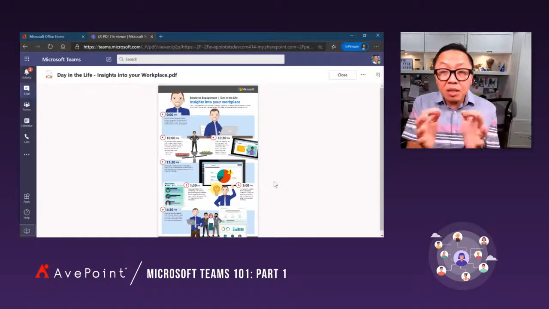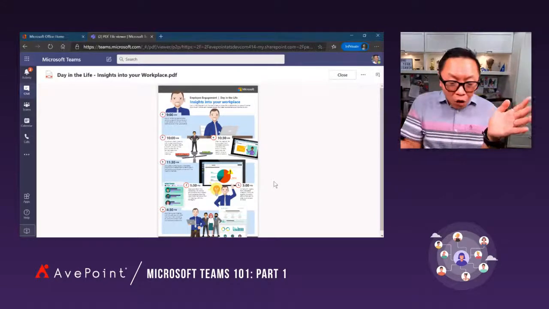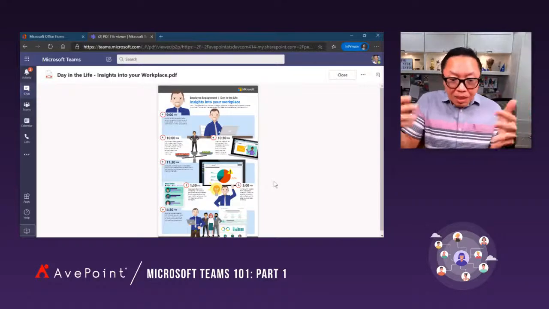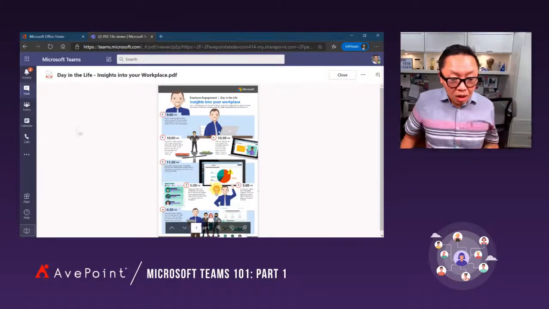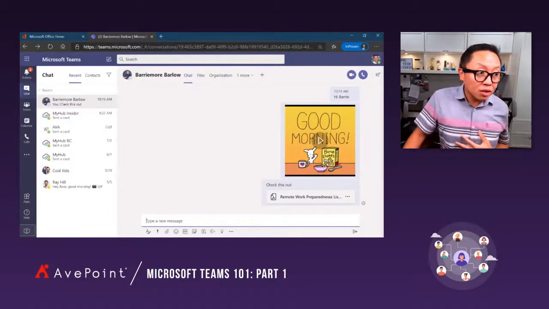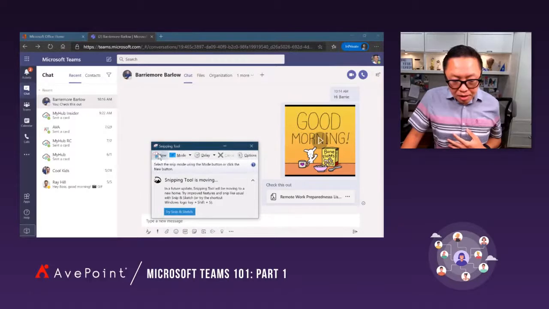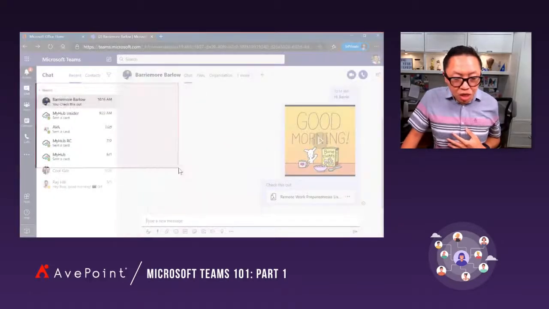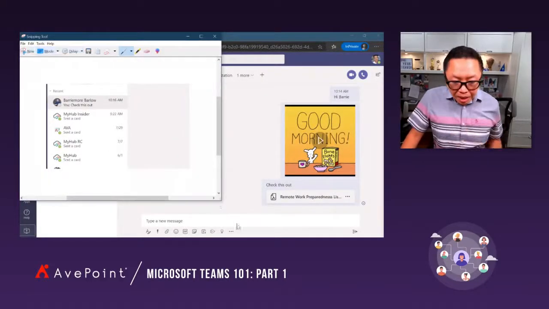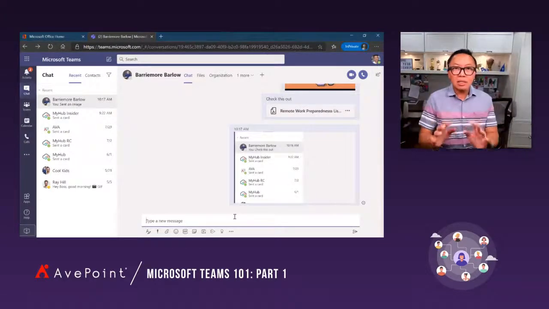So friends, what that means is you don't need a separate app. You don't need Acrobat, or you don't need Office. It just opens up in Teams in the context of chat. So that's a big upgrade from Skype. The other thing I love, and I do this all the time, I don't know about you, I do a lot of screenshots. So I can take a screenshot, for example. I can copy, I can paste. So chat is a massive upgrade.